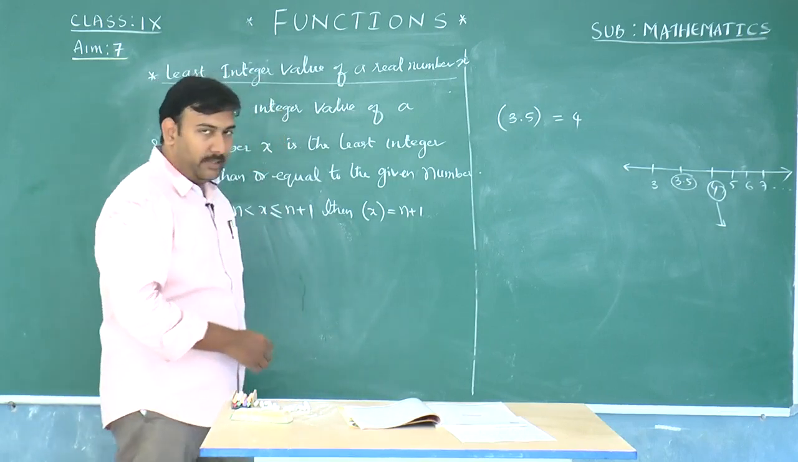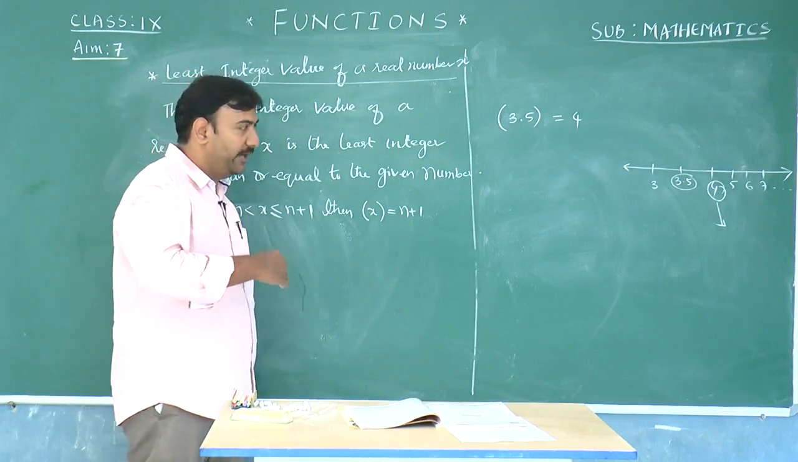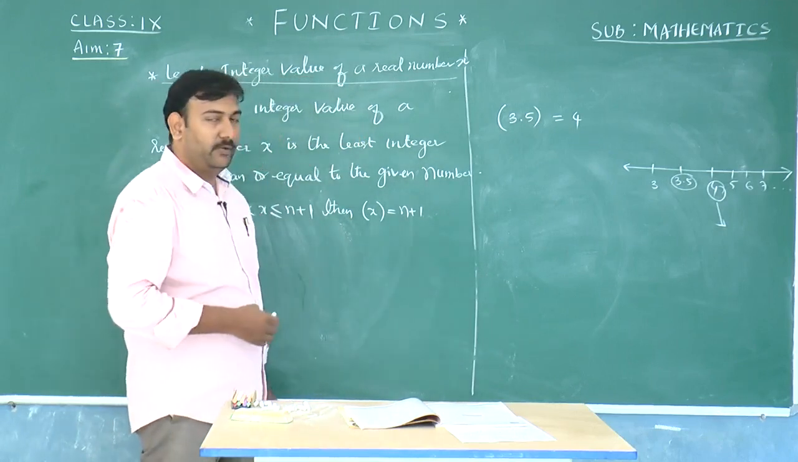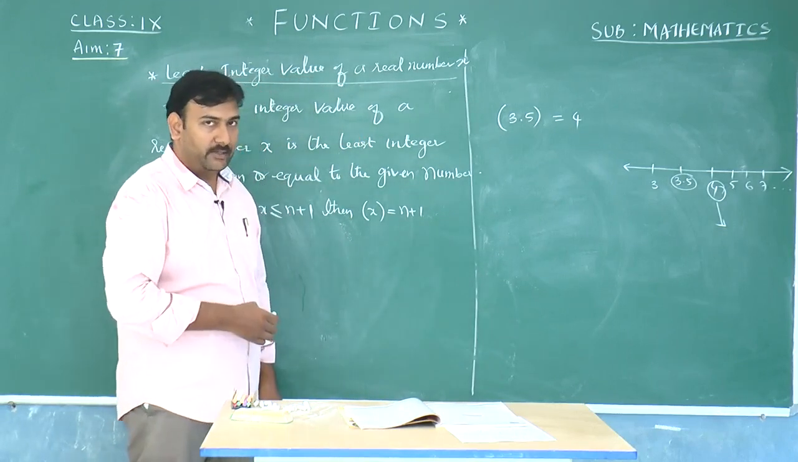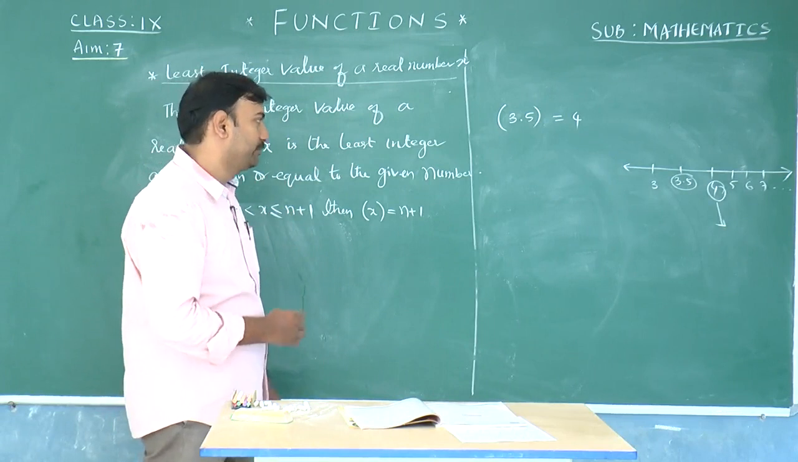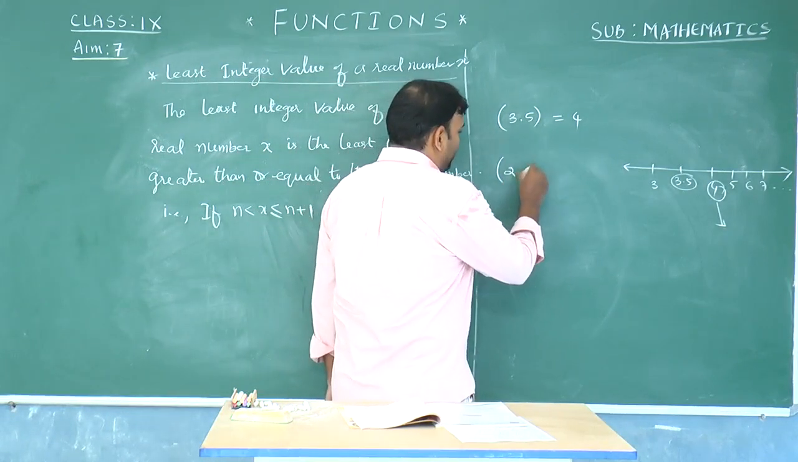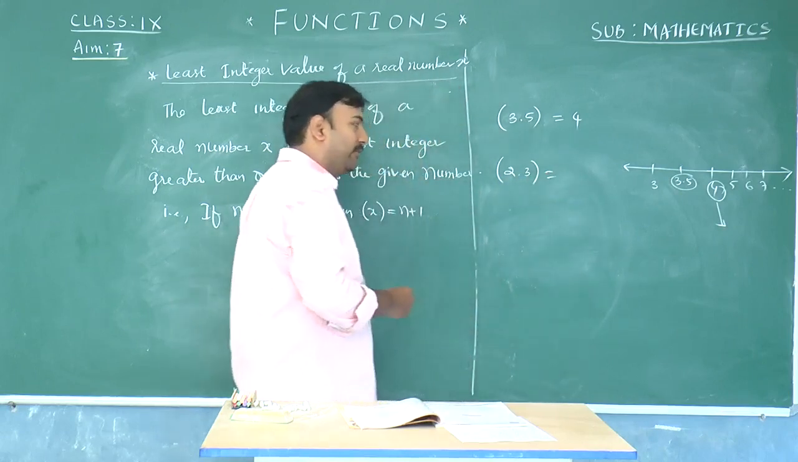The least integral value of a number will always lie to the right side of the number on the number line. As the greatest integral value lies towards the left side, the least integral value lies towards the right side of the number. Say if I ask you, what is the least integral value of, say, 2.3? Least integral value of 2.3, because